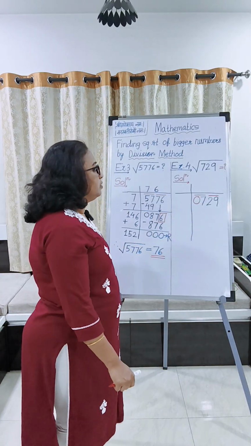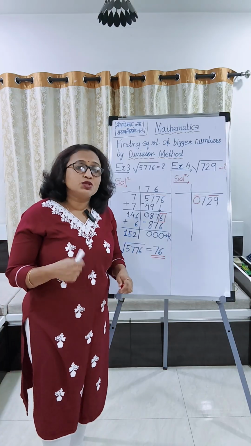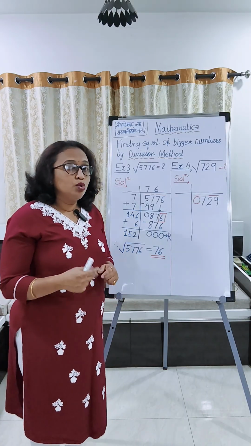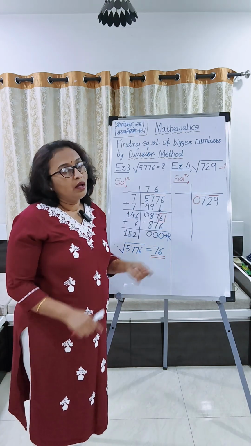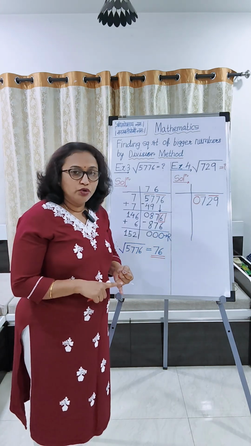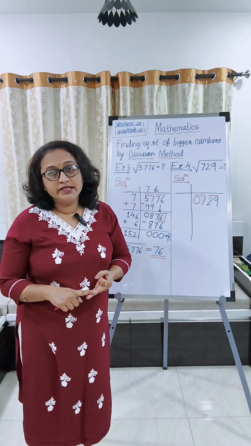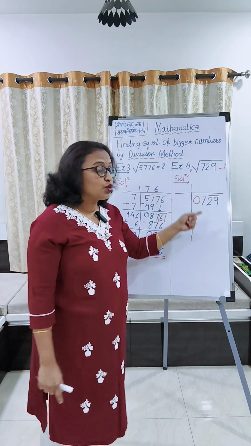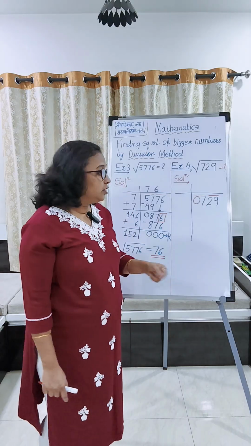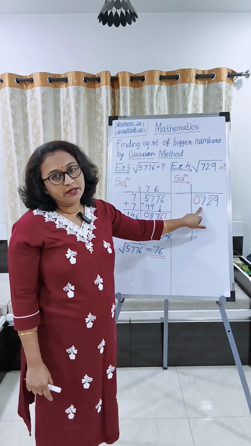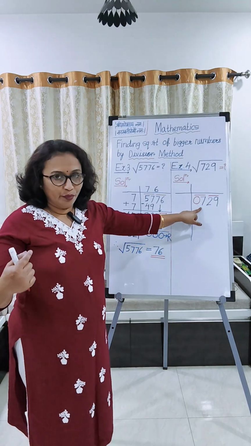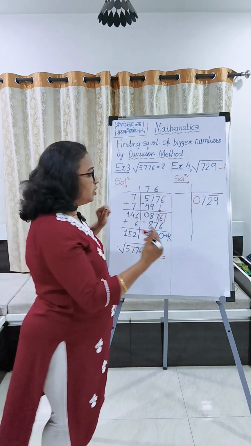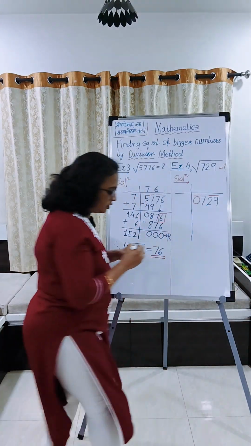Now tell me, whose square is less than 7? Square of 1 is 1, square of 2 is 4, and square of 3 is 9. So square of 3 is 9, which is bigger than 7, so we cannot subtract it from 7. So we can use the square of 2, which is 4. So we are going to subtract